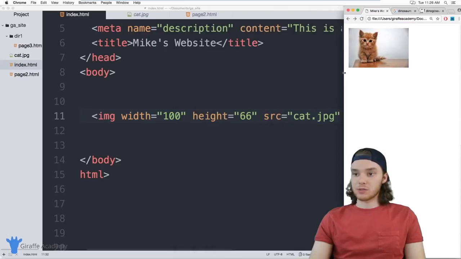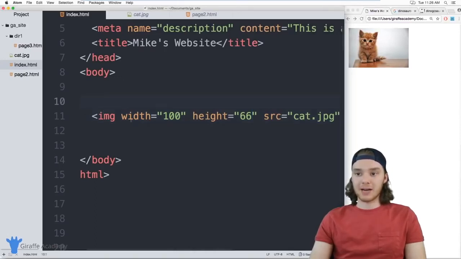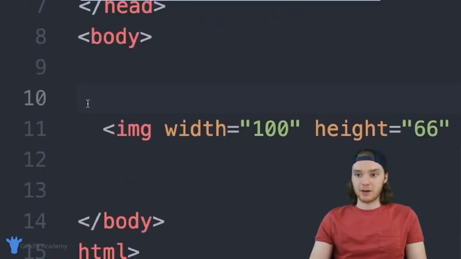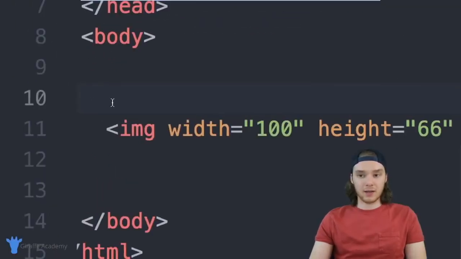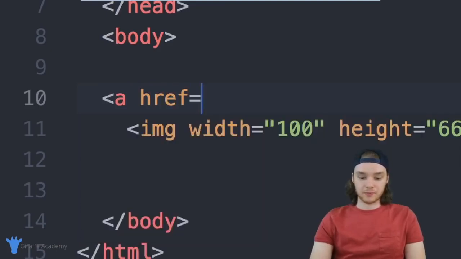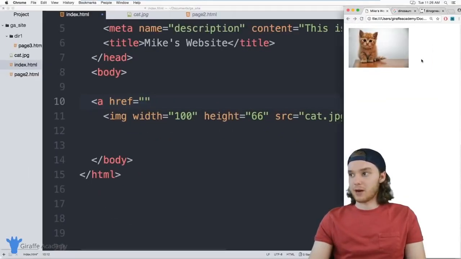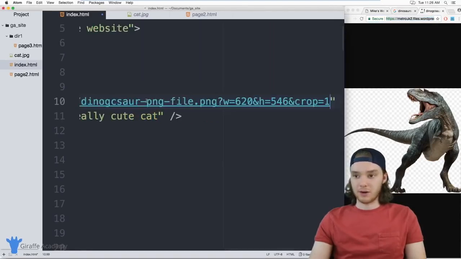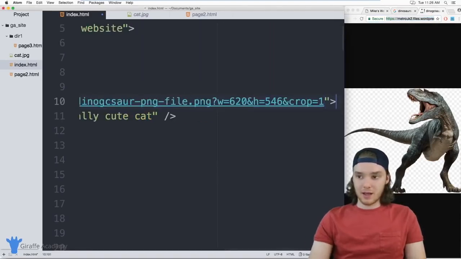And you can also use other things with images. So I could combine this image with a link, for example. I could come over here and create a link tag, and we can just say a, and we'll give this an href. And inside here, I could put whatever link that I wanted to. So for example, I could link this to this dinosaur picture, right? I could put the URL for the dinosaur in there,